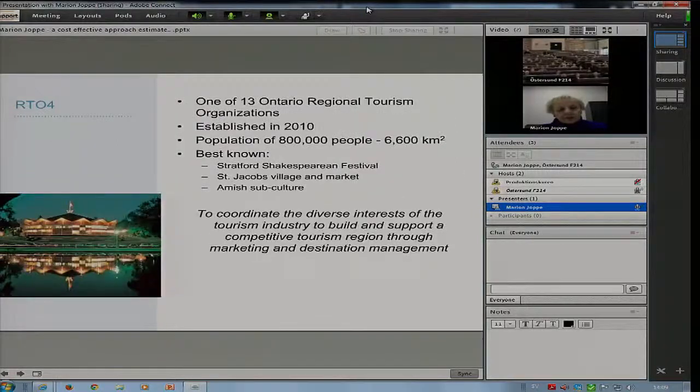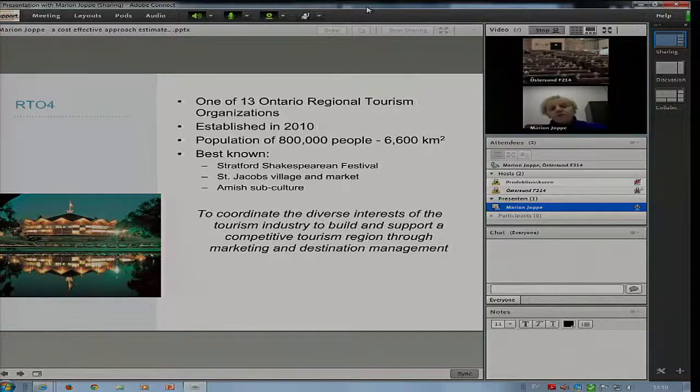Because of this, as you can see, we have these regions, and because of this, these regions were scratching their heads to say, how in the world are we going to work with TRAIM when they do not really represent our region? In a vast territory like the one that the province represents and that each of these RTOs represents,